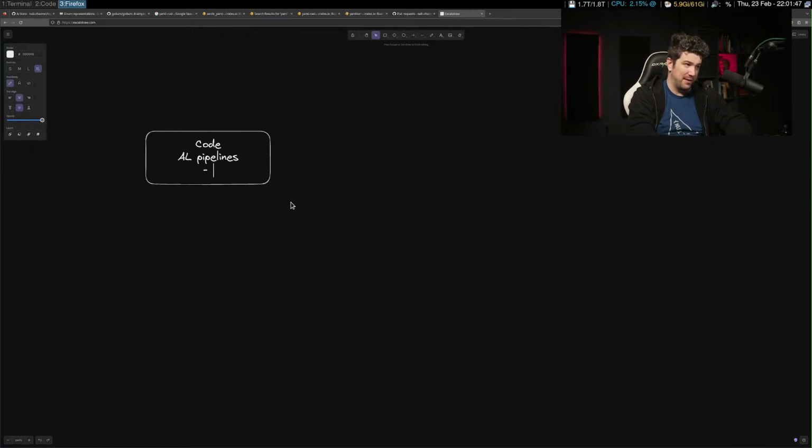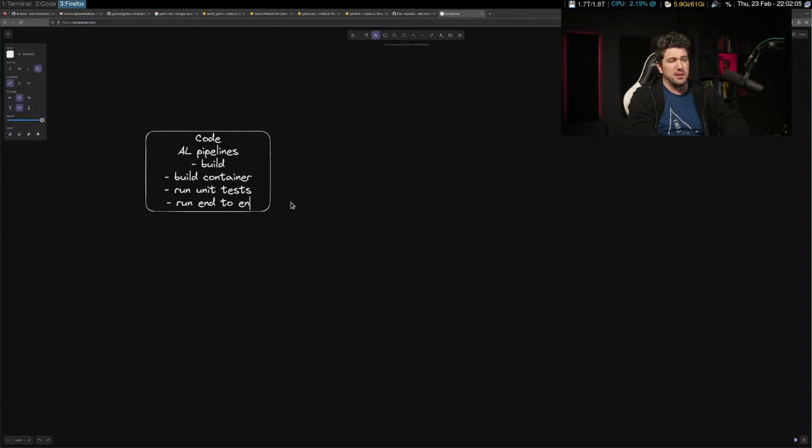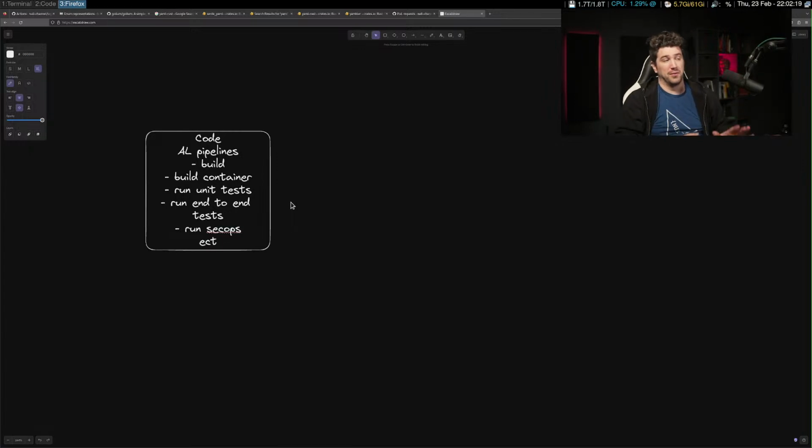These pipelines have everything from build container, run unit test, run end-to-end test, run security, SecOps, etc. So they can do all of those things.